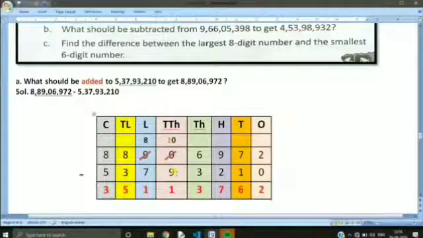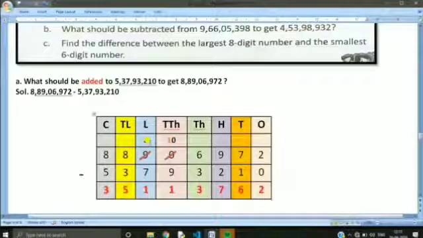It is not possible. So 0 will go to the next column, that is the left column where 9 is present, and ask 9 to lend 1. I have defined 0 in black letter form and the lending number in color form. So when 9 lends 1 to 0, it becomes 10. And when 9 gives 1 to 0, it becomes 8, one number less. So 10 minus 9 now we will be doing, it becomes 1.